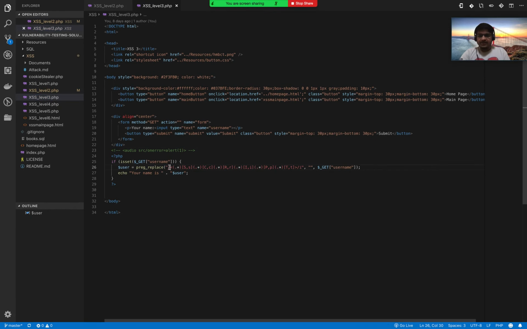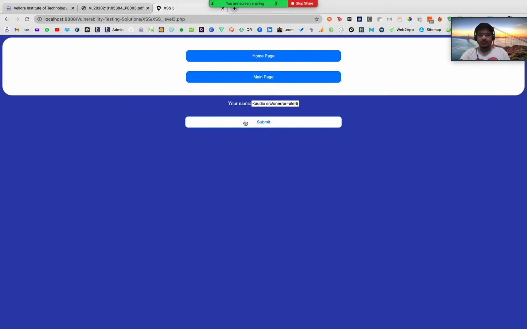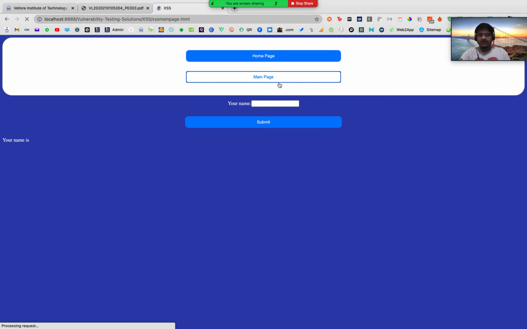Over here I am checking for each and everything, be it lowercase, uppercase, etc., for a script. Again, this uses regular expressions and hence it can easily be broken using the same audio function. But the advantage of this over the previous method is, in the previous method if you don't type lowercase script, then it works. That is, if you type the script tag in all capitals, it would still be an XSS attack, but over here because of regular expressions it won't work. But in this case again the on error function will work because you're again checking only for script tags. So this worked again.